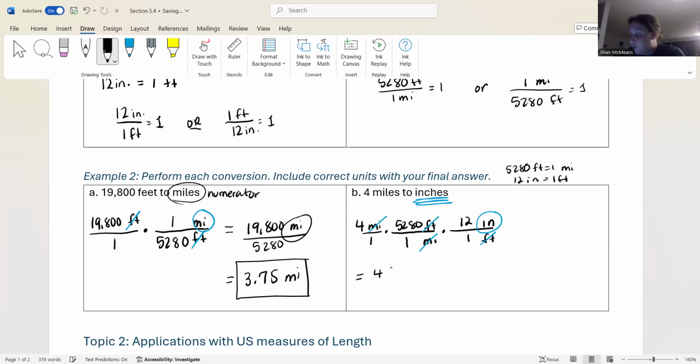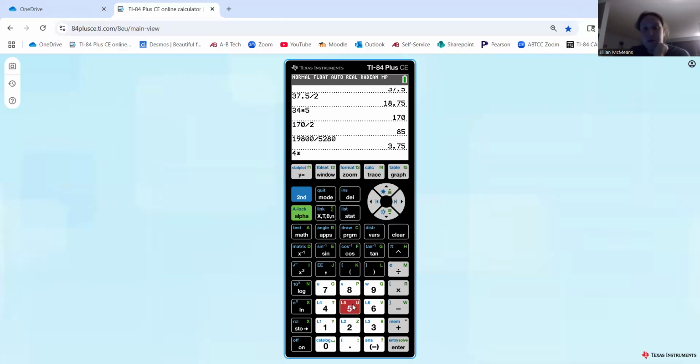My numerator, I have 4 times 5,280 times 12 inches. And then my denominator, I really just have a series of ones, which doesn't really do anything for us. So let's let the calculator now do our side work. And I promise I'll turn a light on after this video. So we have 4 times 5,280 times 12. Make sure you've written that down before I switch screens. So I had 4 times 5,280 times 12. And that's going to give me